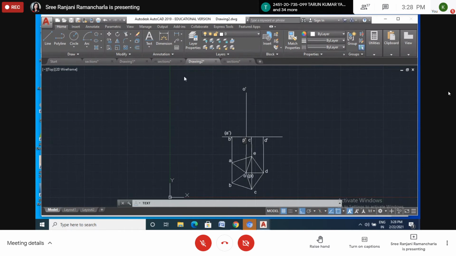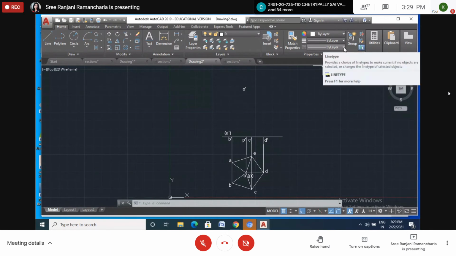Okay. Now one more thing: here I don't want to draw this line. I want to remove this one. This figure we are going very slow because I want to show all the things in this figure. So here, what is the axis line? The axis line will be somewhat different. It's not a continuous line. The axis line is a dash line. Okay. So that will be selected. Please look here, all of you. That will be selected from here.